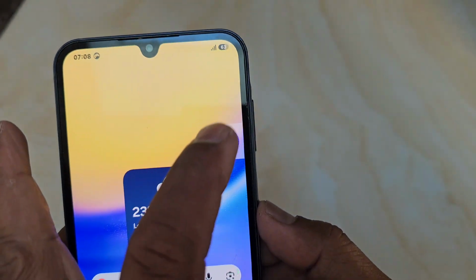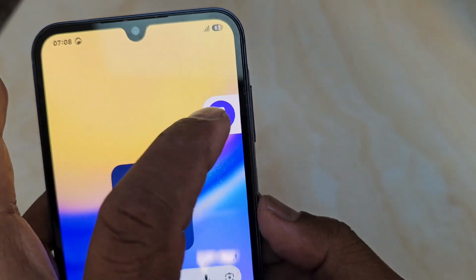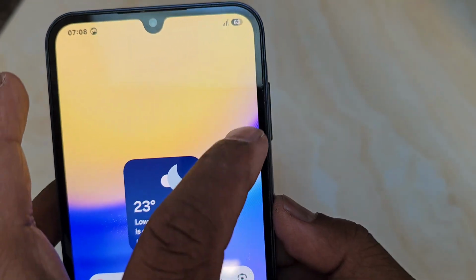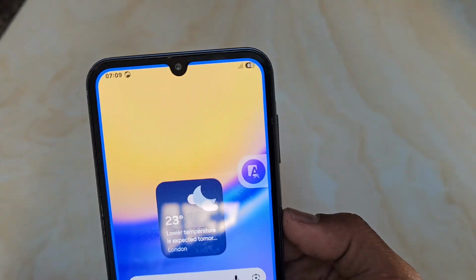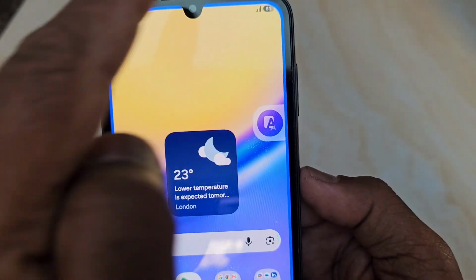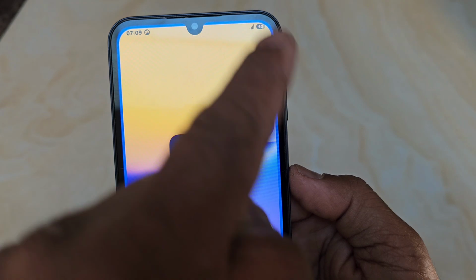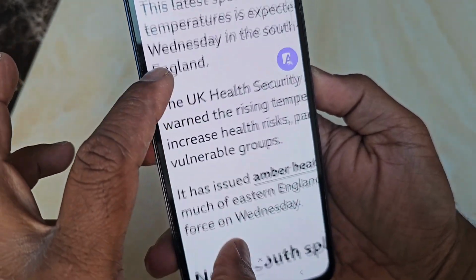Now you can see a floating icon with an A on the right hand side of your screen. Press the icon. You can see it is activated when a blue light comes on at the edges of your phone screen. Now when you go to a website